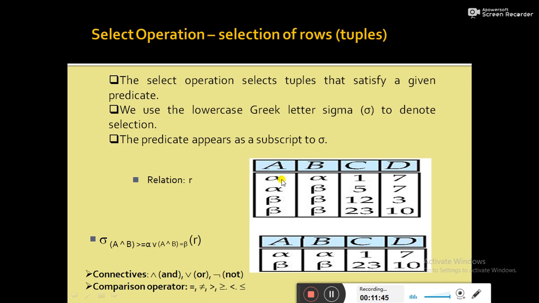For example, we need to fetch from relation R only those records whose attribute values of A and B are alpha, or whose attribute values A and B are beta. That means from that relation we need to select only those tuples whose A and B values are both alpha, or A and B values are both beta.